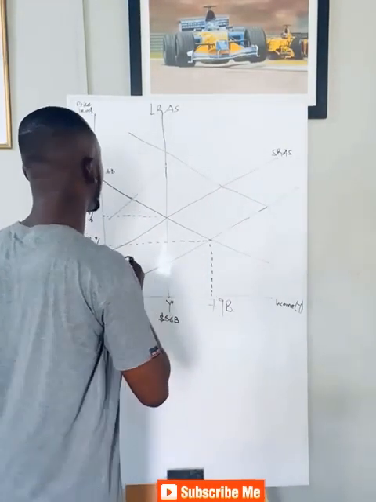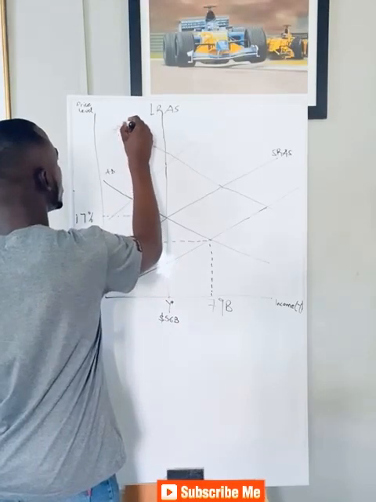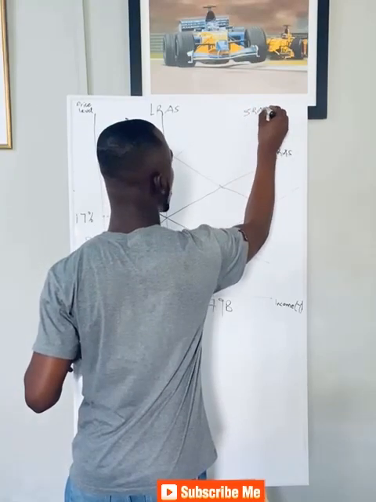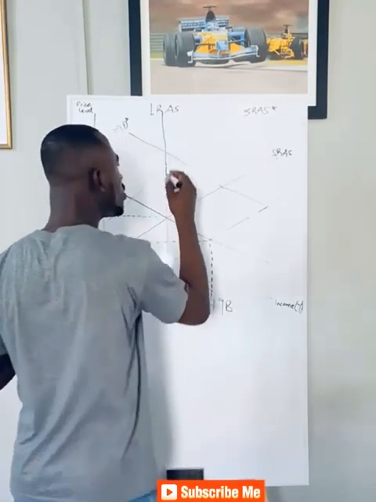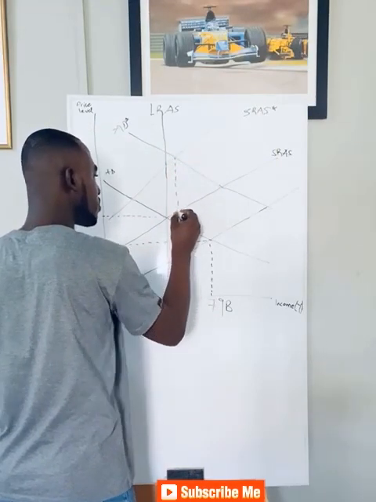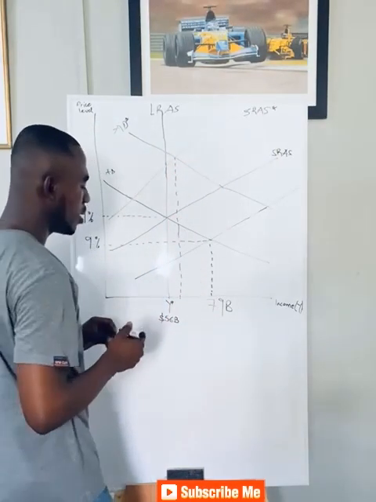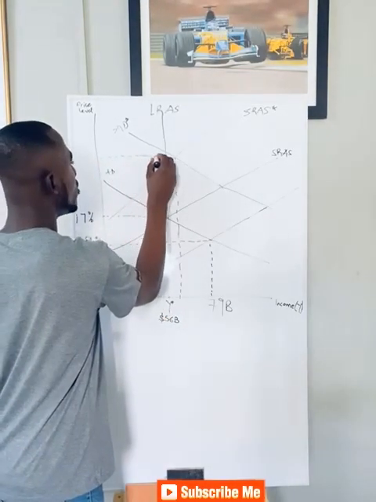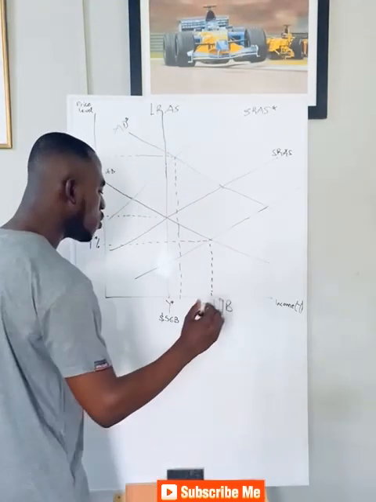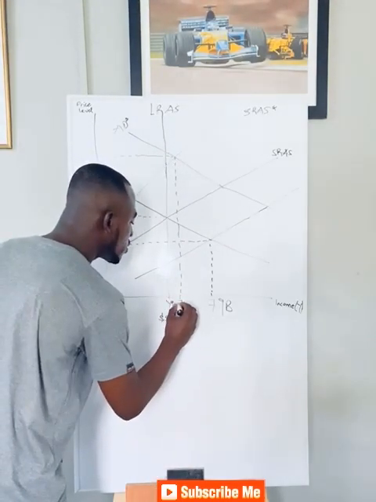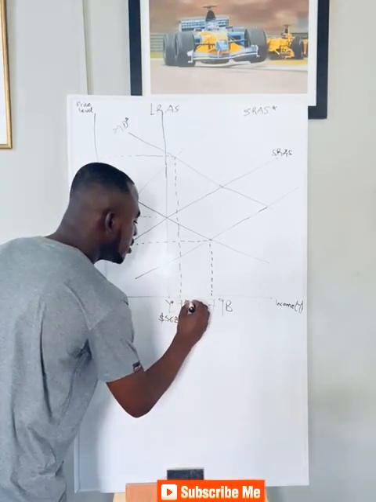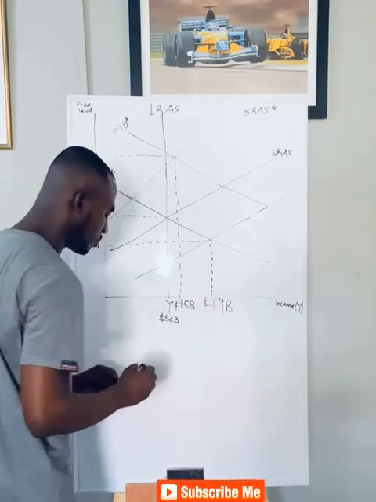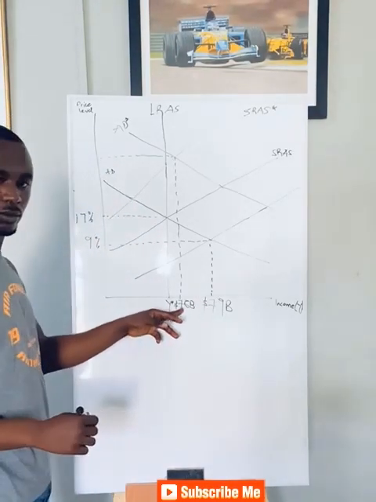So this aggregate demand now is here. AD is here. AD star. Now short run aggregate supply star is here. So this is where Ghana came. And let me say this is where we are now as an economy. Now here the GDP is hovering around 76 billion US dollars. This is where we are now as an economy.